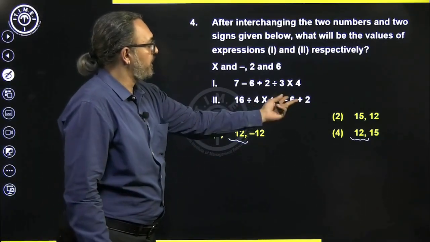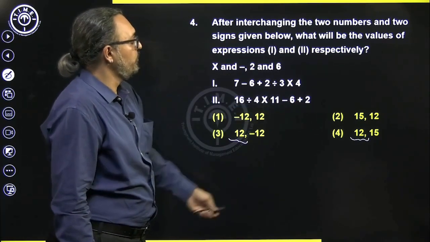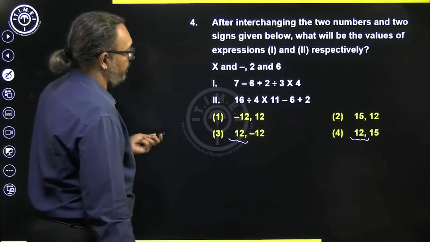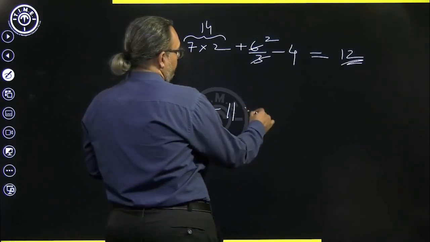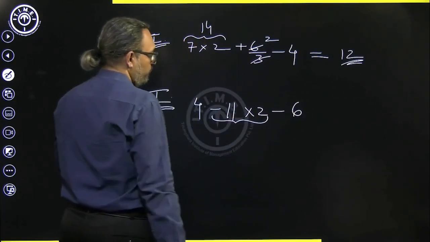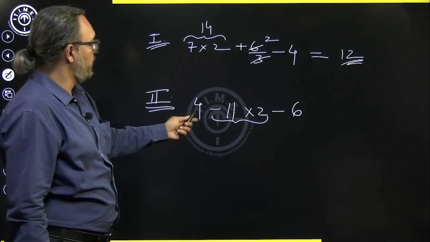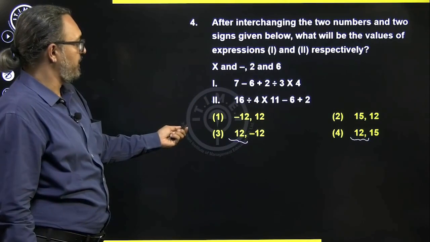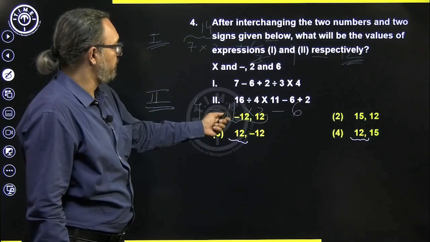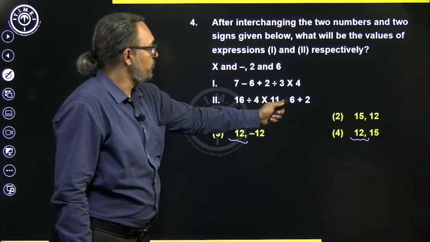Then you have 6 and 2 to be exchanged, then into should come in place of minus. So into 2 and minus 6. So we have into 2 minus 6. So this will be negative 22. So let me just see. So 16 divided by 4 you get is a 4, correct, and then into will be replaced with minus. So it is minus 11, then minus will be replaced with into. So into 2